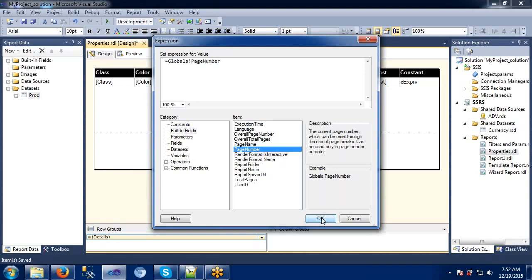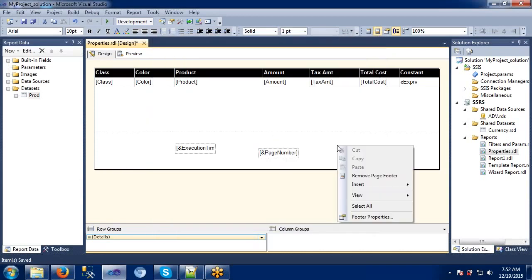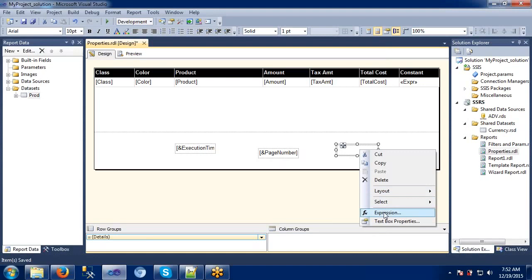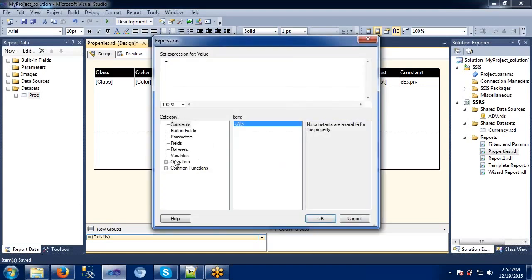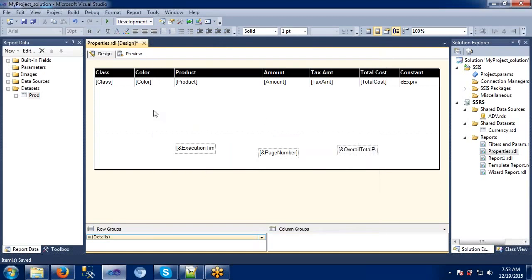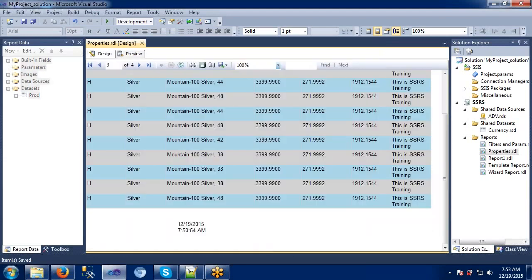Here I'm trying to add the page number, and I would like to have one more thing: built-in functions like overall total pages, so that we know which current page we are on. All this stuff is very simple built-in functions. We can simply use it directly.